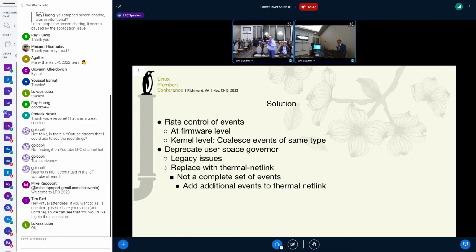Okay. But I think the order of actions would need to be to get parity with the user space governor first, and then say, hey, we have this in the netlink mechanism, so we don't really need the user space governor, and then maybe remove it, because that other mechanism is more efficient. Yeah, that's fair. Maybe I will try that. Yes, unless, well, people will complain.